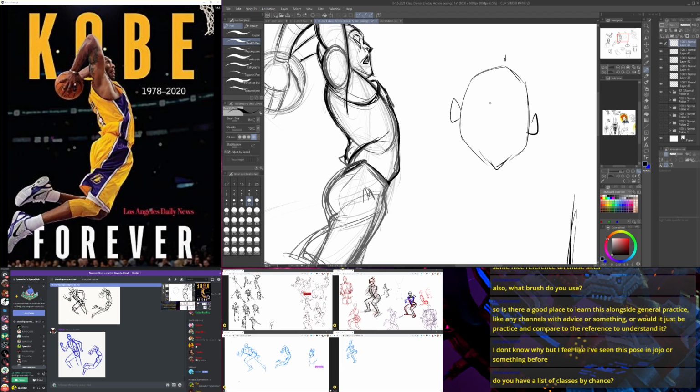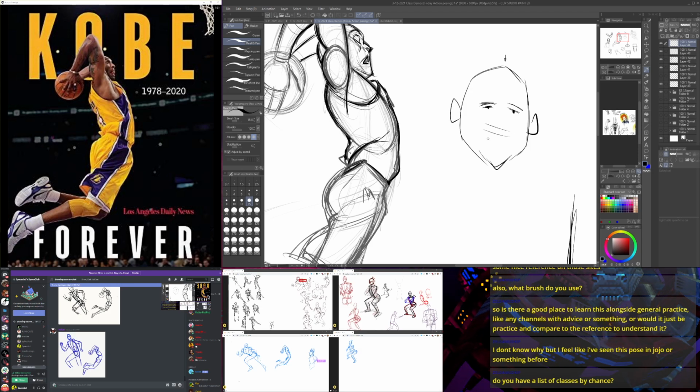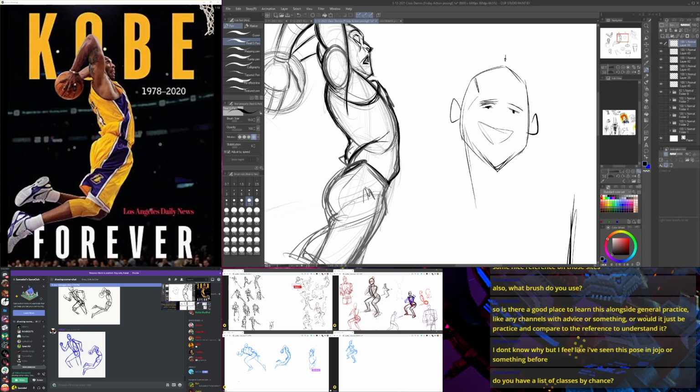He's got easygoing eyes. And he's got a big, pretty thick neck. Not like a football player neck, but pretty thick.